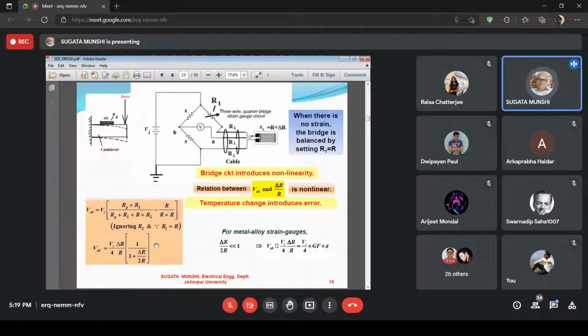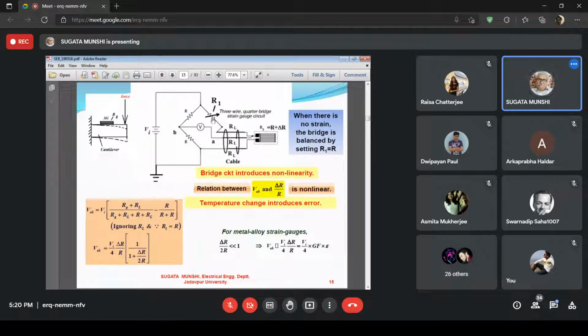I have taken here the example of a cantilever. It's supported at one end and a force is applied at the other end. For the mechanical strain that develops, you have placed a strain gauge SG having a resistance RG on the top surface, upper surface. When this force is applied, what will happen? This cantilever will flex as shown. So if this strain gauge's length is aligned in the direction of principal strain, its gauge resistance will increase.